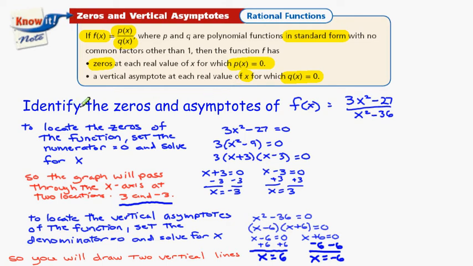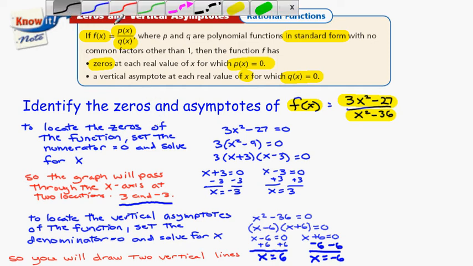So if you're told to identify the zeros and asymptotes of this function, and this function is made up of 3x squared minus 27 in the numerator and x squared minus 36 in the denominator, the first thing we're going to do is to locate the zeros of the function. And again, the zeros are if you're given a